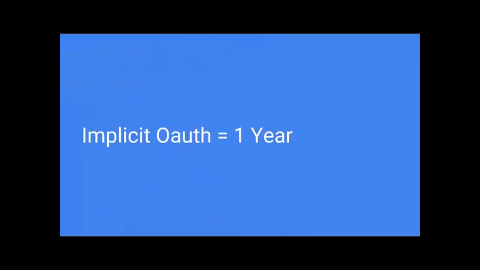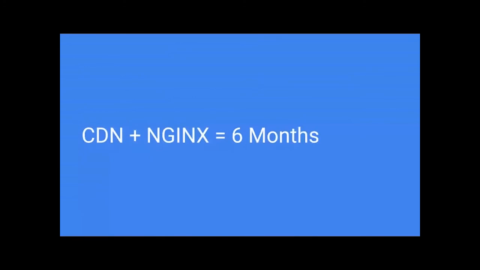So for instance, for me to do that implicit OAuth in the server architecture that I talked about earlier, that took me a full year to figure out, to get security to approve implicit OAuth, to write a JavaScript library to do that. It's really hard. And also our CDN Nginx architecture took me 6 months to figure out how to do that, get Cloud Foundry set up and do all this stuff to do a new deployment flow. It took a really long time. And I want other developers to really know,